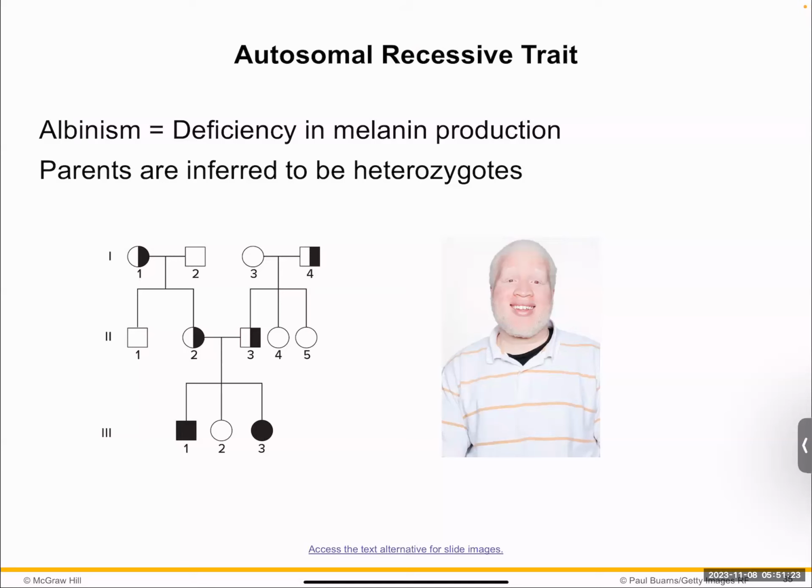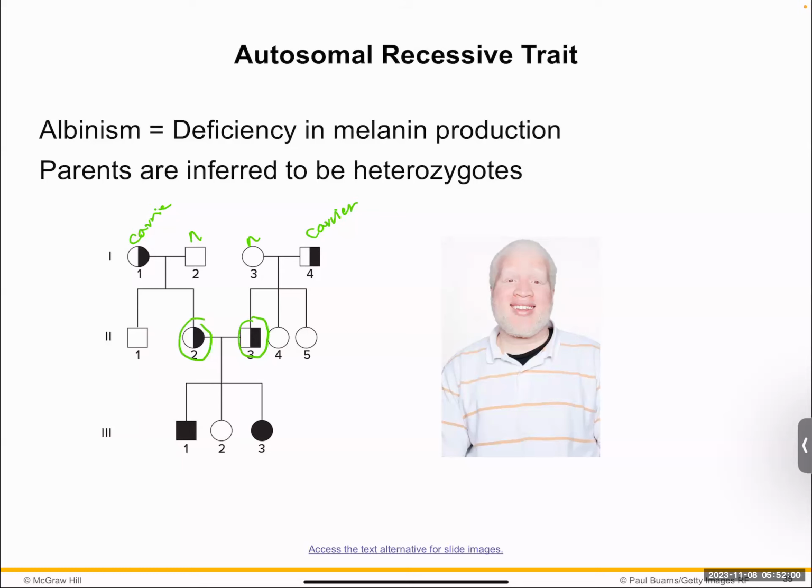Another medical condition that can be tracked is an autosomal recessive trait, albinism, where there is no melanin being produced by the body. In this case, what they have shown is you have 2 sets of parents. You have ones that are normal, and by normal I mean they don't have albinism. These are carriers, so they are normal, they don't show symptoms, but they can carry the gene. So each of them produced